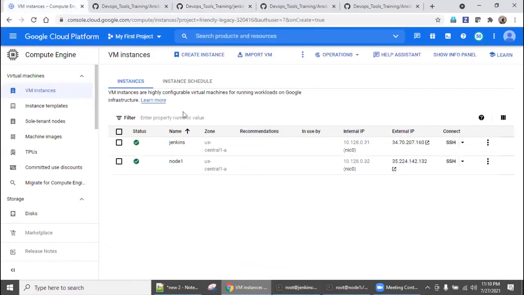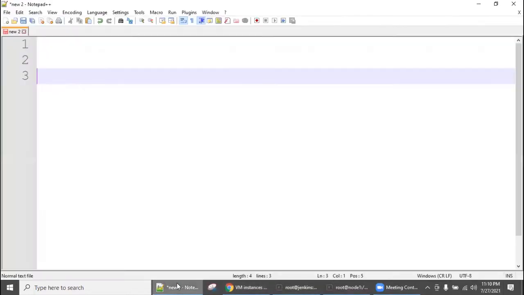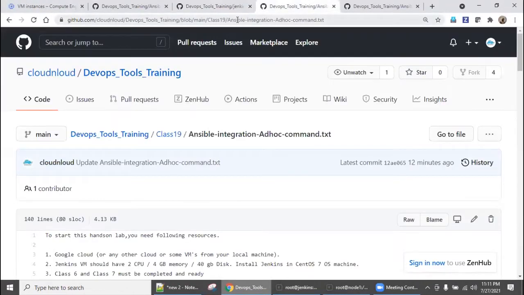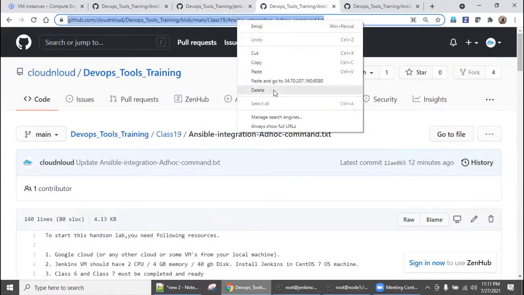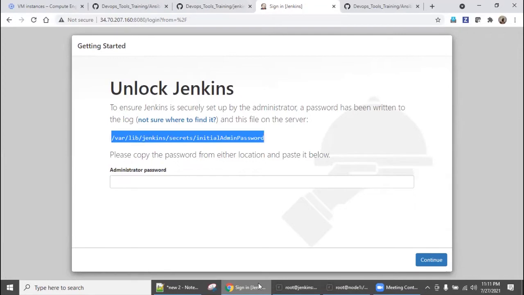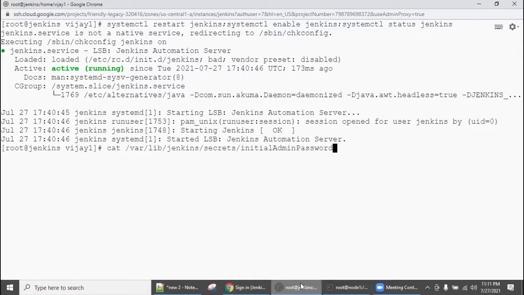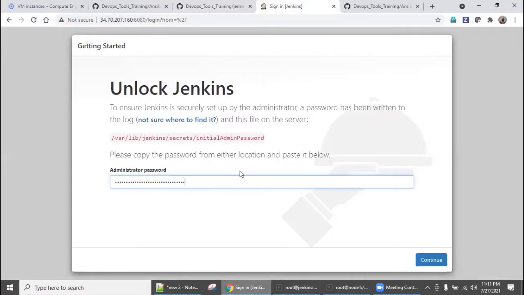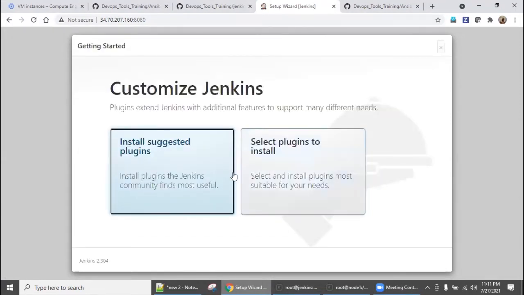So now what is the Jenkins server IP address? This is the Jenkins server IP address. Put it here with :8080. Copy this and go here, and then we are going to call the console. The first time we need to unlock it, as I have shown a couple of times. So copy this, go to the Jenkins machine, say cat. Yes, we got it. Copy this, say unlock. Then we have to select the default plugins.